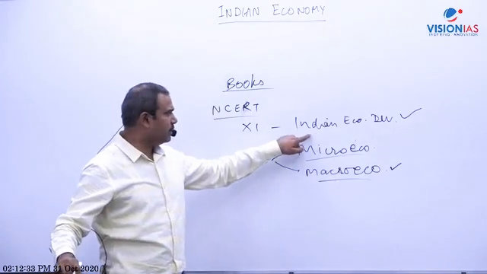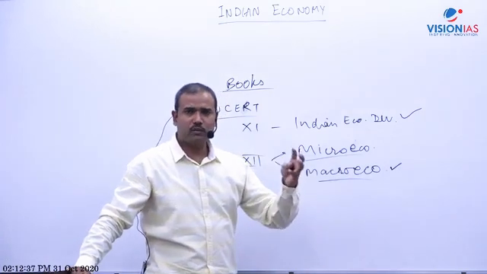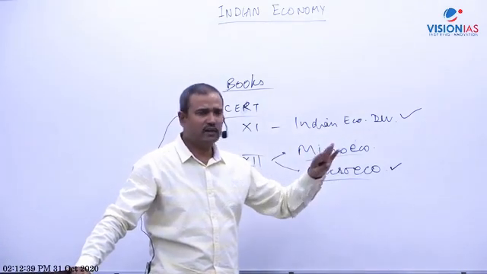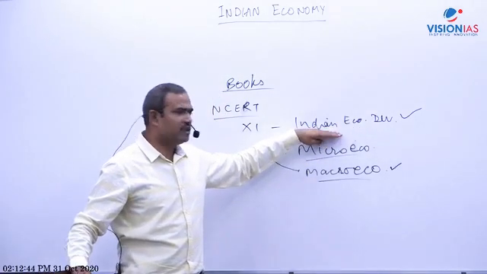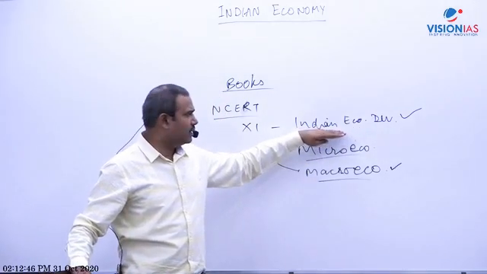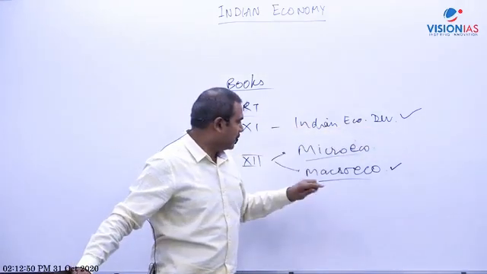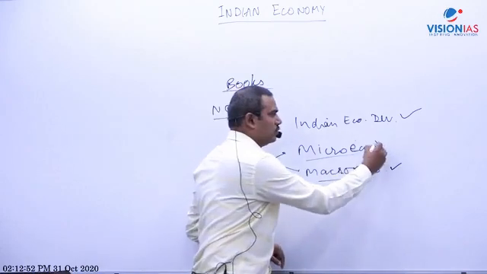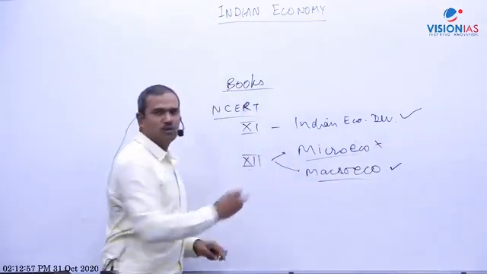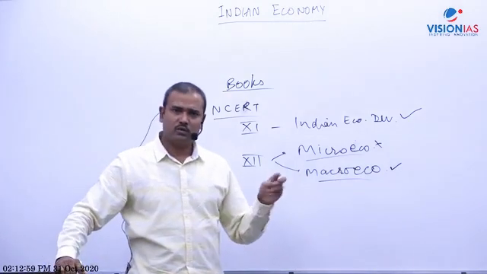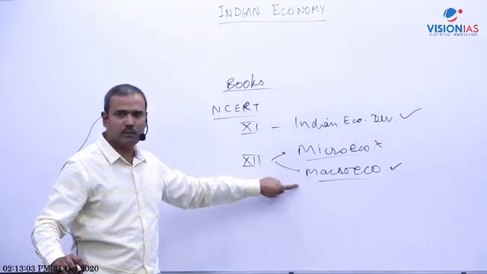In this book you will find the basic features of Indian economy, planning in Indian economy, the reforms of 1991, liberalization, privatization, globalization. You will find poverty in India, unemployment in India, and infrastructure in India. So you may go through this book, and microeconomics is not relevant, you need not study it. You also need not study the 9th or 10th books. I think just 11th and 12th, one book and this other book.